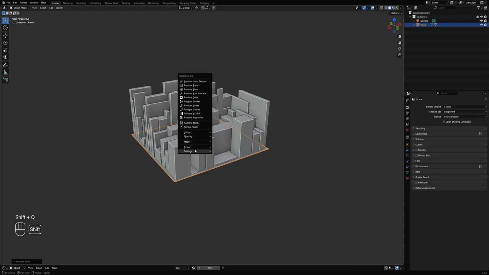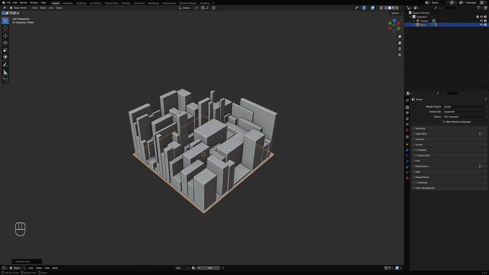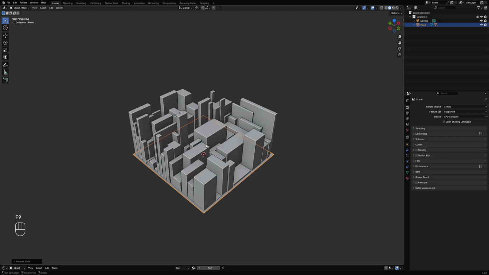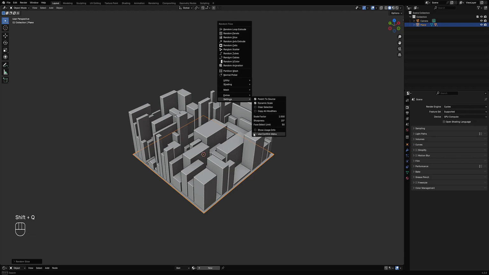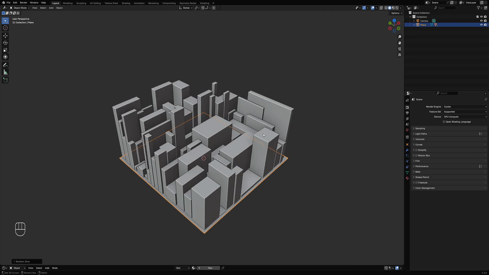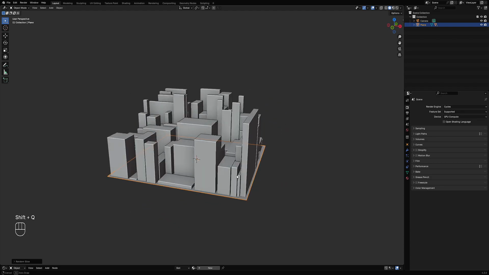So I'm quite used to having this turned off because I've been using Blender for 10 plus years, so using the F9 hotkey is no longer a hassle to me. You can access the use confirm menu from the user preferences of the add-on as well. And you can also toggle it there. But in the next update, this will be exposed here. Okay, so